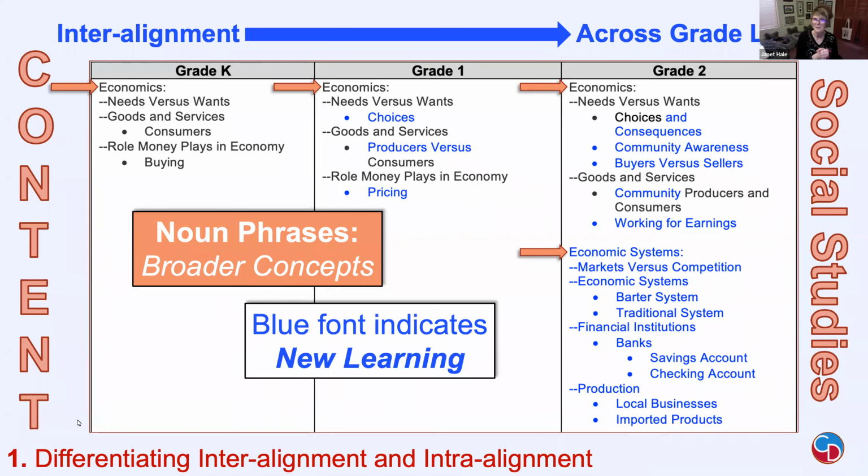But now here's something I want you to realize. In this conversation with these teachers, we asked, what do we do with kindergarten or your lowest grade level? And they all decided, and there were actually kindergarten teachers present, that everything would be blue. Let's just make it black for kindergarten, because we knew everything's new unless there's a preschool. And then grade 1 is where we start the blue. So now you see in grade 2 you do have an entire section under economic systems in blue, because that was never asked of previous grade levels.